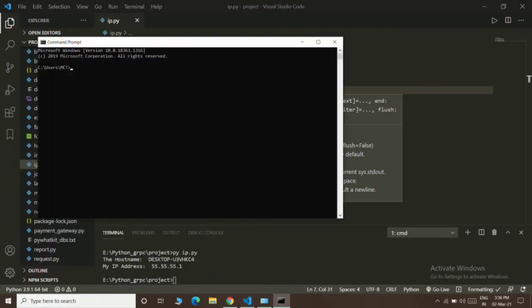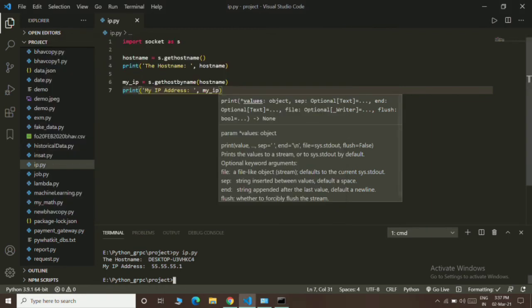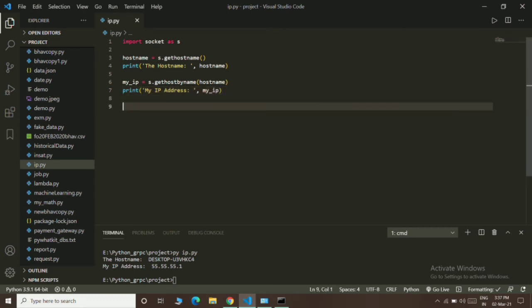Inside command prompt, just type ipconfig and hit enter. So here is the IPv4 address, 55.55.55.1. Done. After that, if you want to find